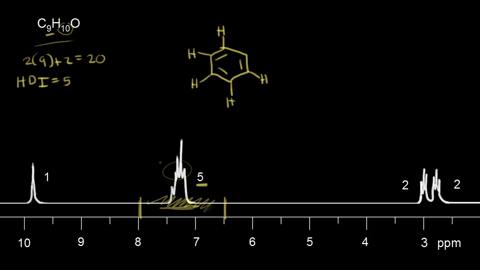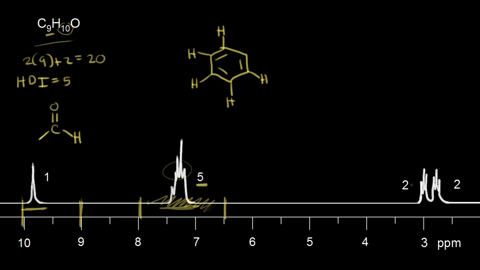All right, that takes care of an HDI of 4, but we have an HDI of 5, so we have one more thing, and it's of course going to be a double bond. And I know that because of this signal down here between 9 and 10. Remember, a signal between 9 and 10, that's the region for an aldehyde proton. So we have an aldehyde proton over here. So I draw in my carbonyl, I draw in my hydrogen, and then this is another piece of the puzzle here. So this aldehyde is connected to something.